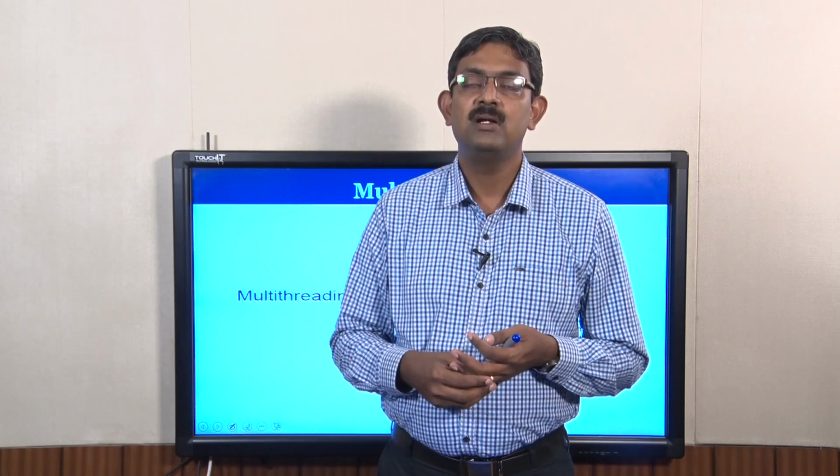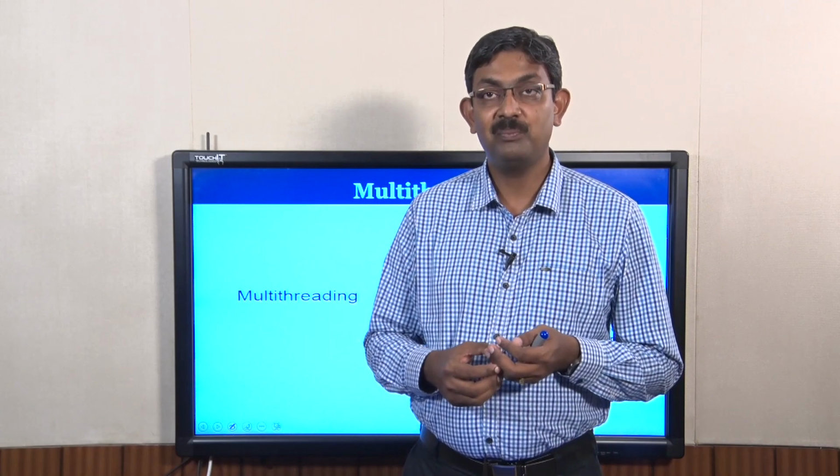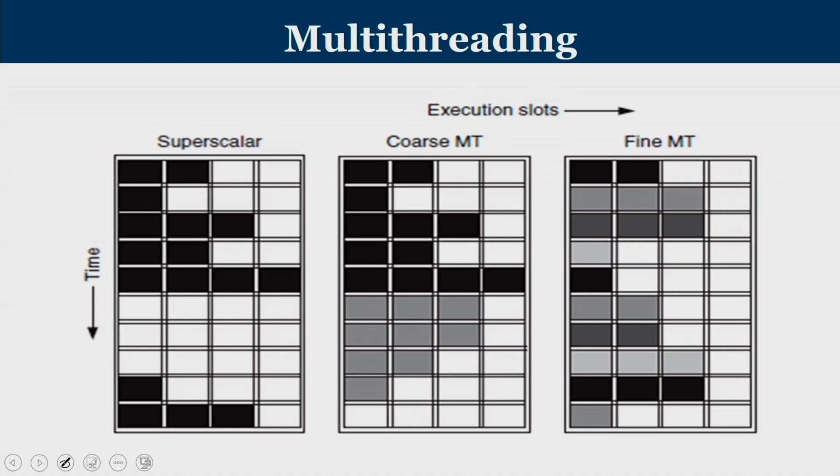So if you look at the hardware, in a certain clock cycle the hardware is being used by program A, in certain other clock cycles this hardware is being used by program B. So this concept of multi-threading is very important. Let us say there are 4 functional units that you have. So in each cycle, some of the functional units are being used. Wherever you have white, that is basically empty.